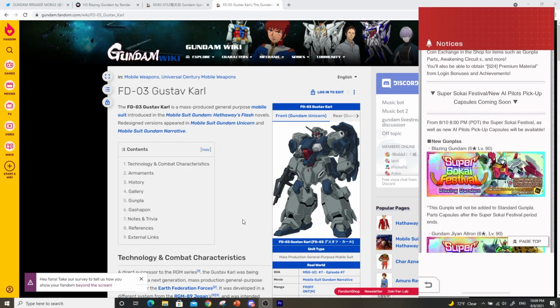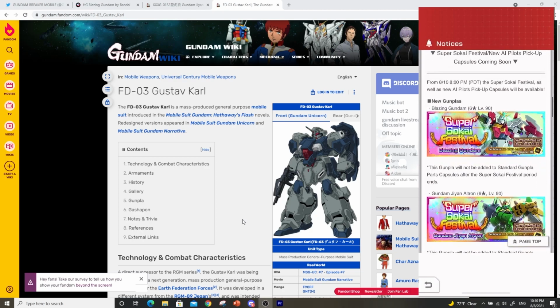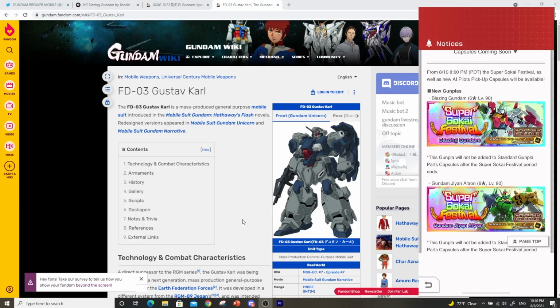Anyways, let's talk about the two brand new units for next week. We're going to get another Super Sokai Festival week next week. This time around, we're going to be featuring two heavily melee units. We got the Blazing Gundam. This is going to be our Gundam Breaker Battlogue first initial. I guess this one should be our second, because we got the Helios already. This is the second unit that is debuting in the game right now, the Blazing Gundam, and then we also have the Gundam